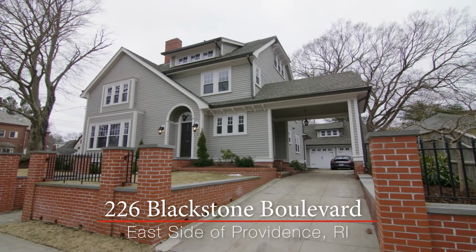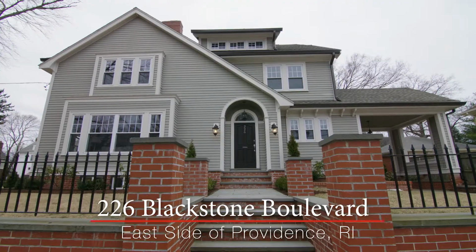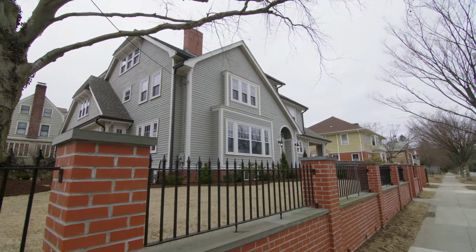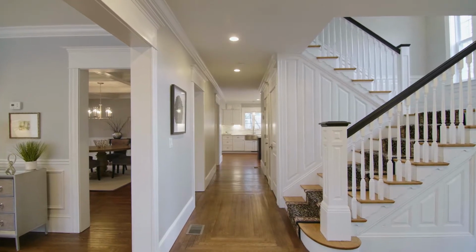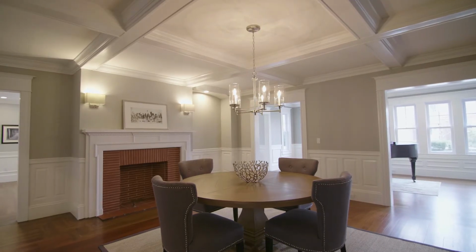Located on a beautiful corner lot on the desirable Blackstone Boulevard, this gracious Colonial with a 2-car garage has been tastefully renovated throughout its spacious floor plan. The classic center hall is flanked by a gracious living room with an elegant dining room, each with a brick